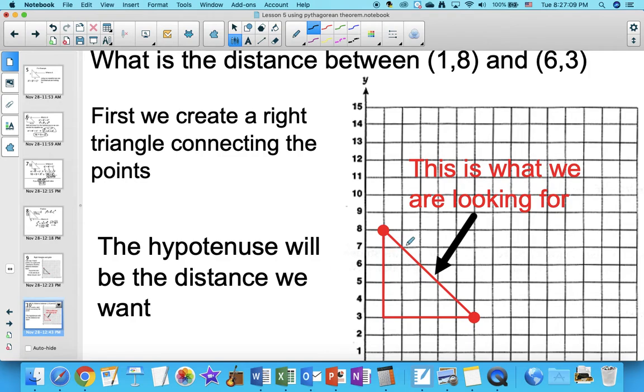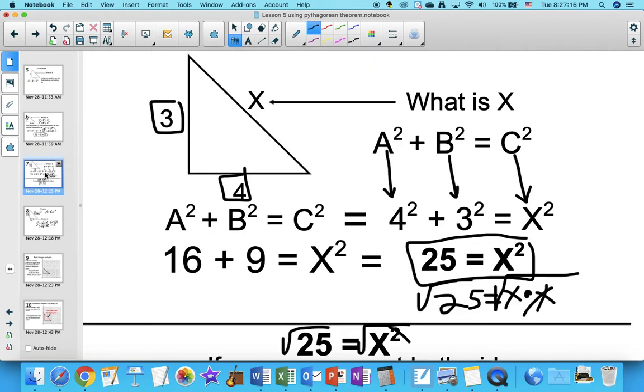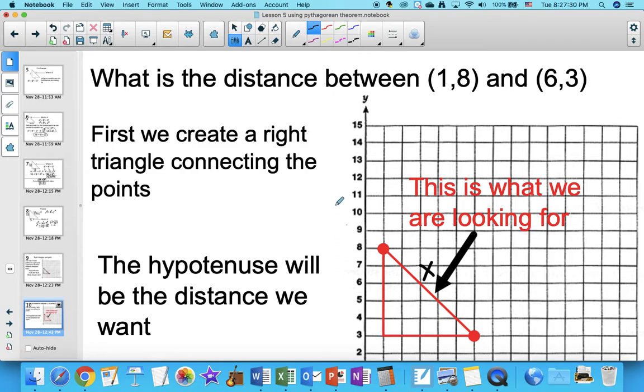Remember, we're trying to find the hypotenuse, so I'll just make that x, just like this question. It's now the same as this question. Instead of just being given a triangle, I'm given 2 points, and I made the triangle. This question gave me the triangle and said, find x, which was the hypotenuse. In this question, I had 2 dots, and I made the triangle, and the hypotenuse is what I'm looking for, because that gives me the distance between the 2 points. So again,